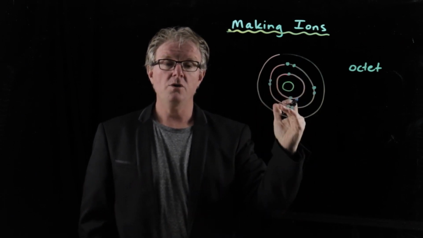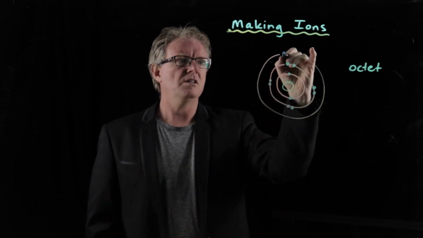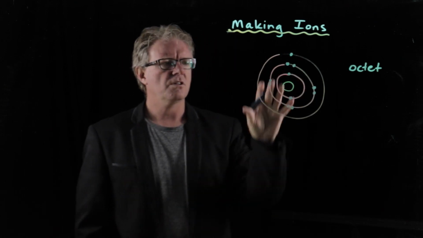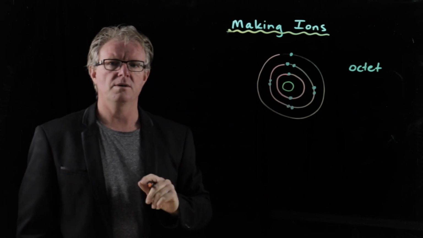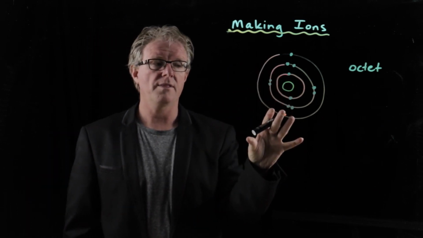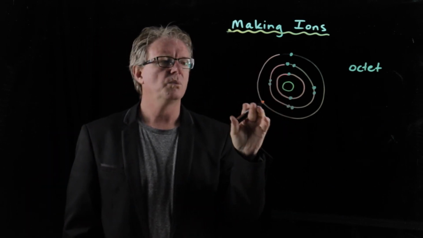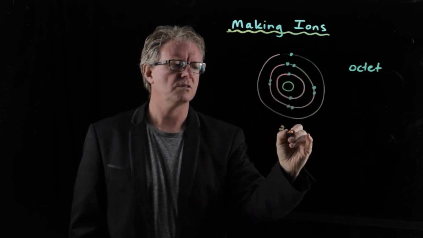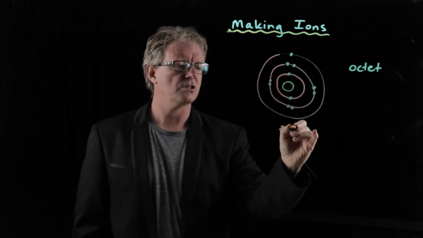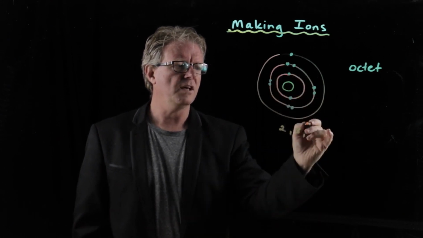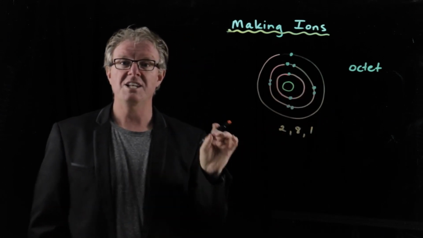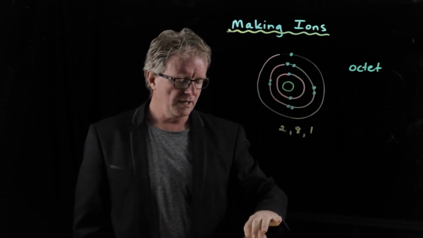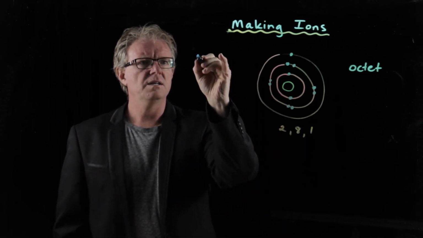If we keep going to sodium, then we put the next electron in the outer shell, and sodium has 1. It's in group 1. So there's the electron configuration for sodium. Now, instead of drawing them like that all the time, which takes a while, we can do it the shorthand. So we can go, there's 2 in the first shell, there's 8 in the second shell, and then there's 1 in the outside shell. And so we can say that the electron configuration for sodium is 2,8,1. Now for sodium, that is a metal,